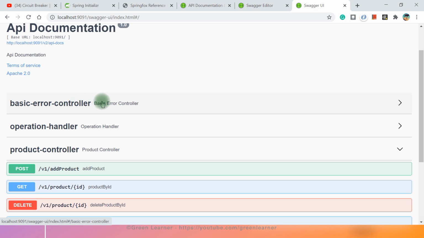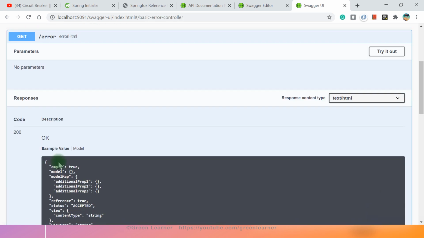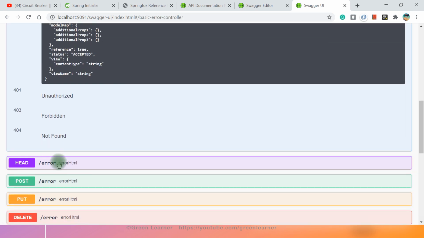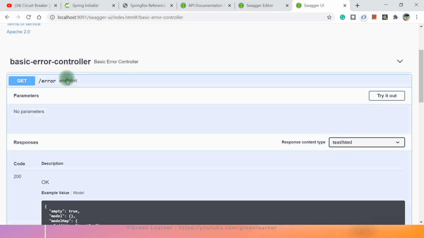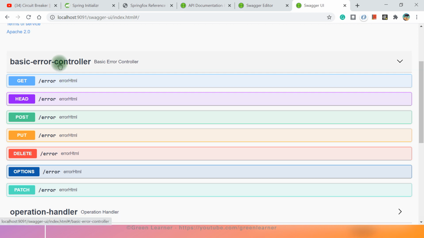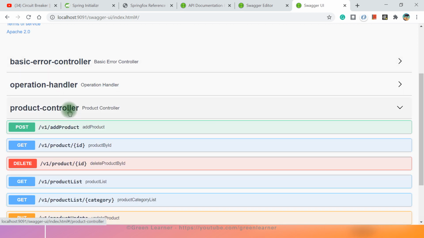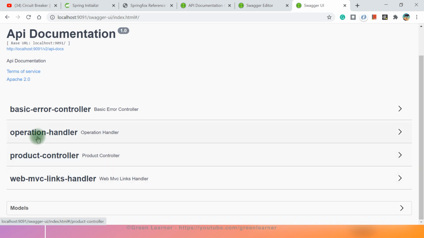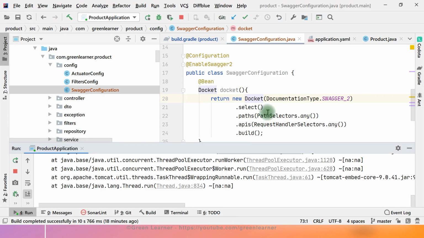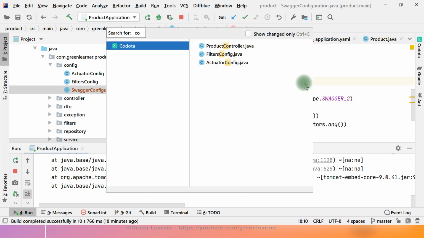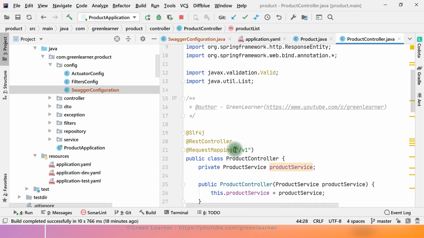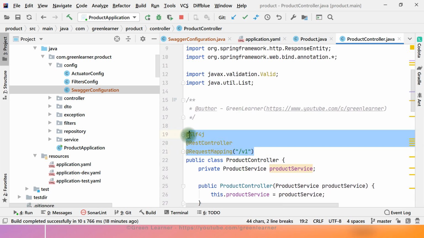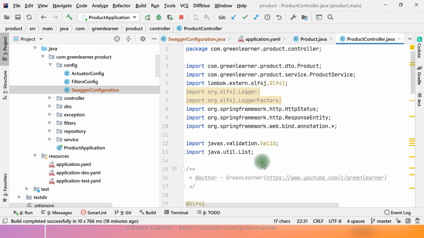Okay, so if you want to restrict how many controllers our Swagger should return, we can filter that out. We are interested in our own code, our own API that we have written, that is this product controller, and we know where it belongs in the code. I can say that we have this controller file. I want to document all the endpoints that we have under this controller, this file. So we can configure this here, right?